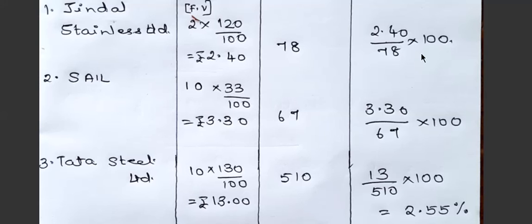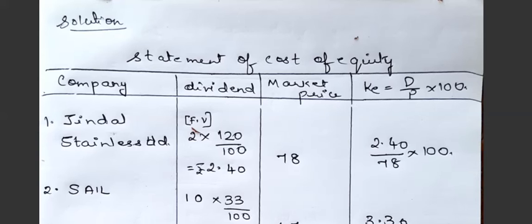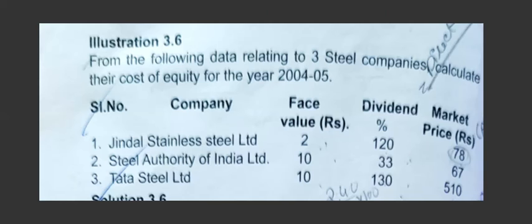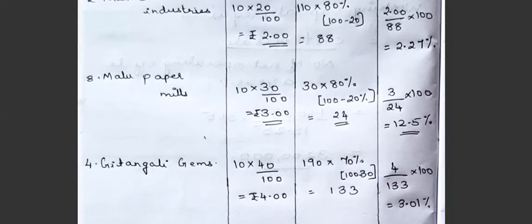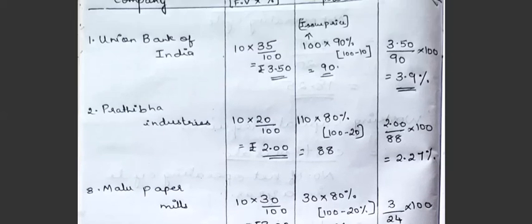You have to calculate your cost of equity. Cost of equity you have to calculate and write. Okay, yeah, this is how we have to compute. This is a simple one. When the market price is given, the formula you have to write is D divided by P into 100. Okay, the earlier problem is when the market price was not given in the problem. In that case, how to calculate the issue net proceeds.